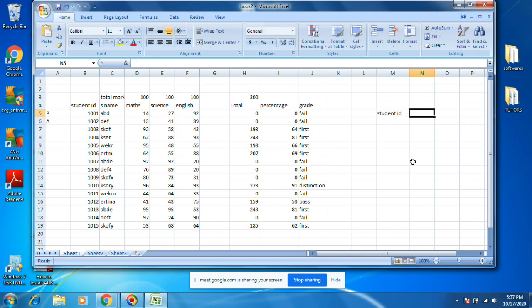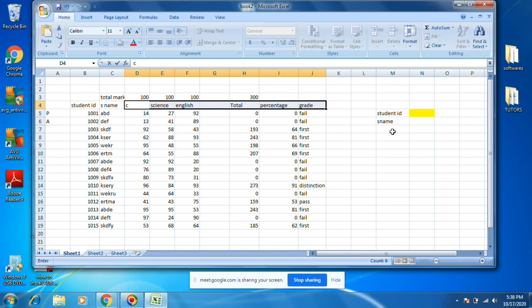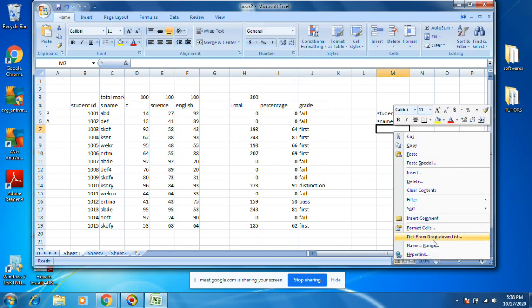Student ID. If anyone enters a student ID here, they should get student name, marks. Go to paste special.